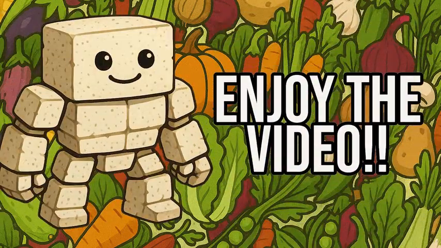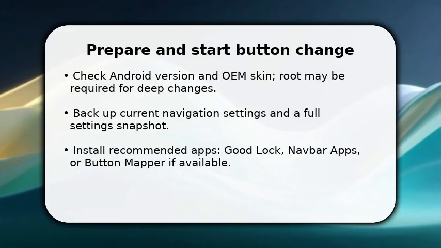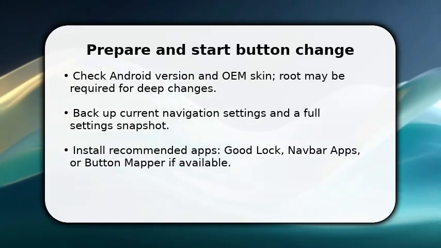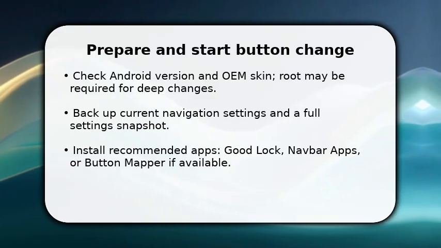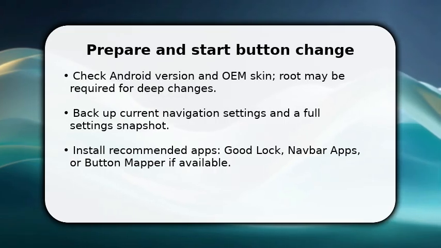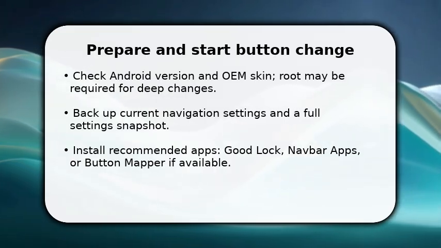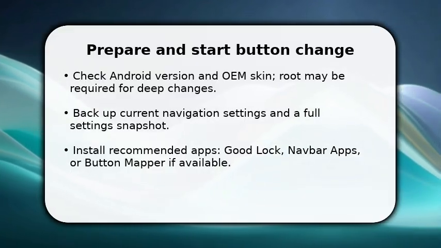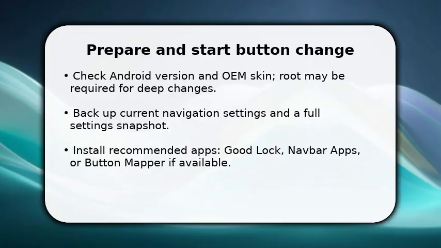Please enjoy the video. You begin by confirming Android version and whether your phone uses a custom skin that blocks navigation edits. Once done, back up navigation settings and take a quick settings snapshot so you can restore if needed. Make sure to install the appropriate tool, Good Lock modules on Samsung, Navbar apps, or Button Mapper, because each app